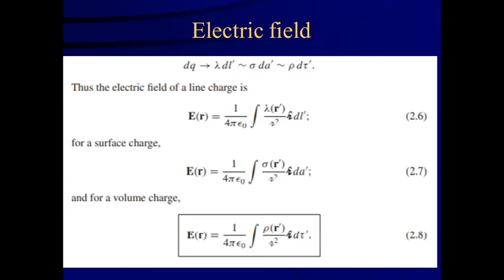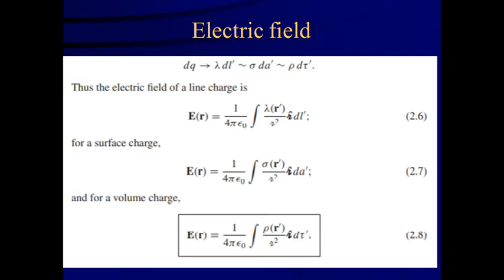Sigma is nothing but surface charge density, charge per unit area, as well as rho is nothing but volume charge density, charge per unit volume. So, in a particular line segment dl', the amount of charge dq is equal to charge per unit distance multiplied by that distance dl'. Similarly, charge per unit area sigma multiplied by area element dA', that is sigma into dA'. Similarly, rho into d tau' is the small amount of the charge within that volume element d tau'.